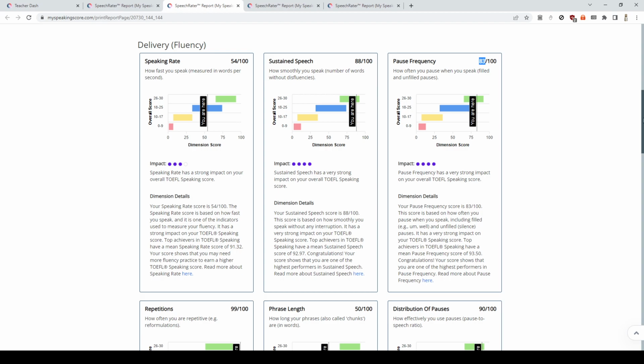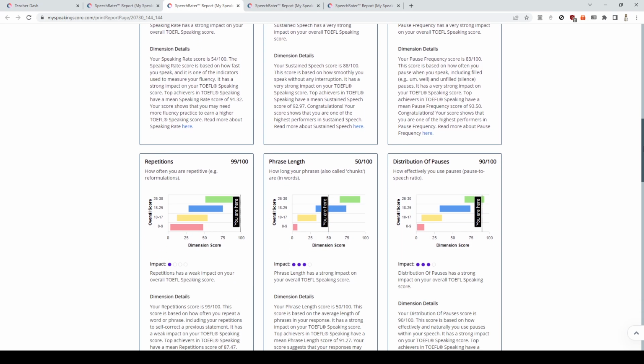So the pauses themselves aren't giving me a bad pause frequency score, nor are they giving me a bad distribution of pauses score, because they're distributed very, very well. That's where pauses are supposed to go. However,